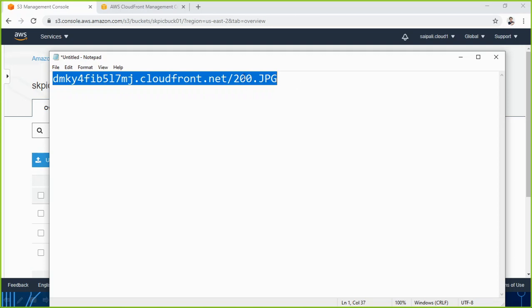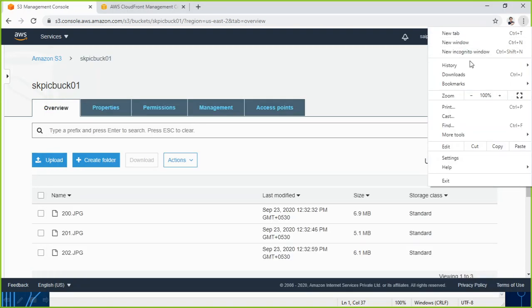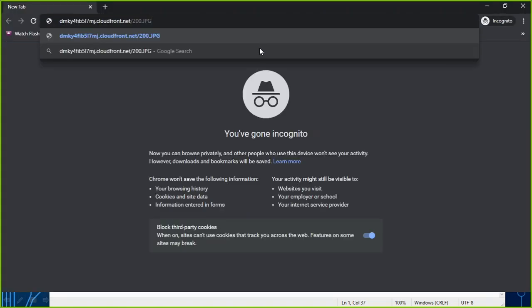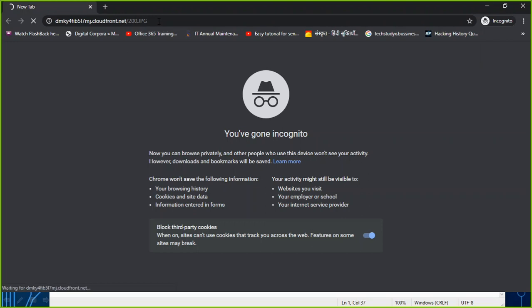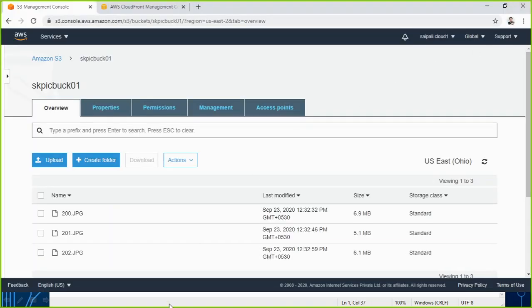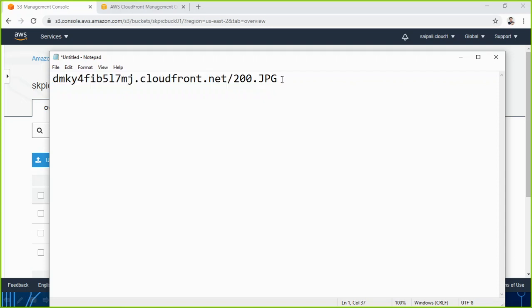Now this one I can share with anybody. People will paste that in the URL. You see the name /200.jpg, and if you hit enter, this is going to bring my picture there. Right now it is still giving me an error, so just wait for a moment. Let me verify once again. Here 200.jpg.